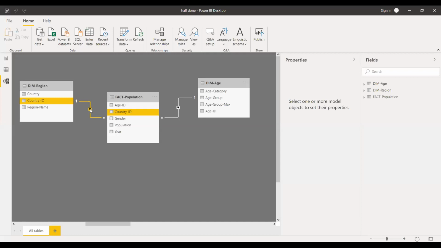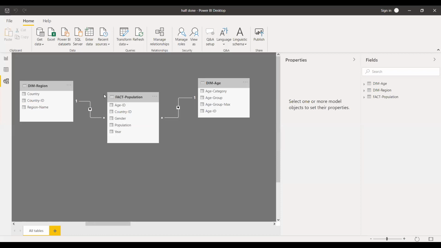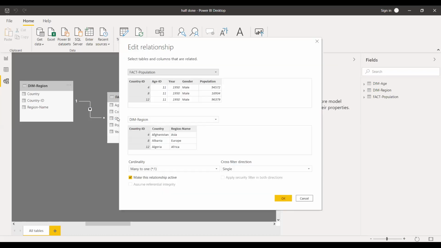If you right click on this, you find two options. Either you can delete this, click on delete. It will ask if you want to delete the relationship. No, I don't want to. If you want, you can delete the relationship. The other one is the properties option here. You can use that option. You can find something called make this relationship active. That is what this active property does. This is used to make a relationship active or inactive.